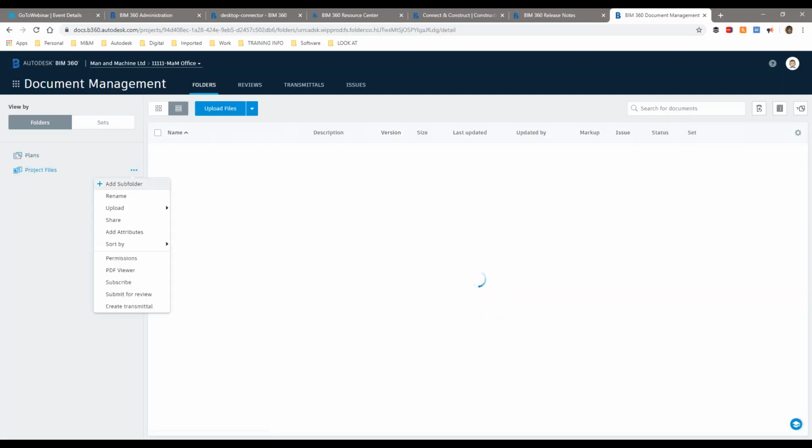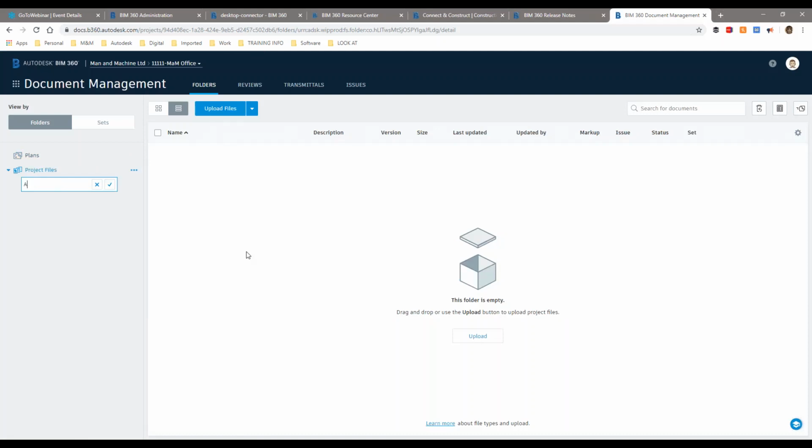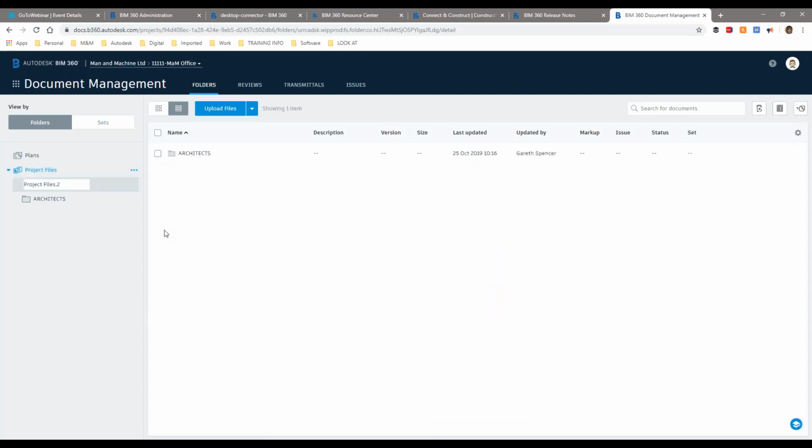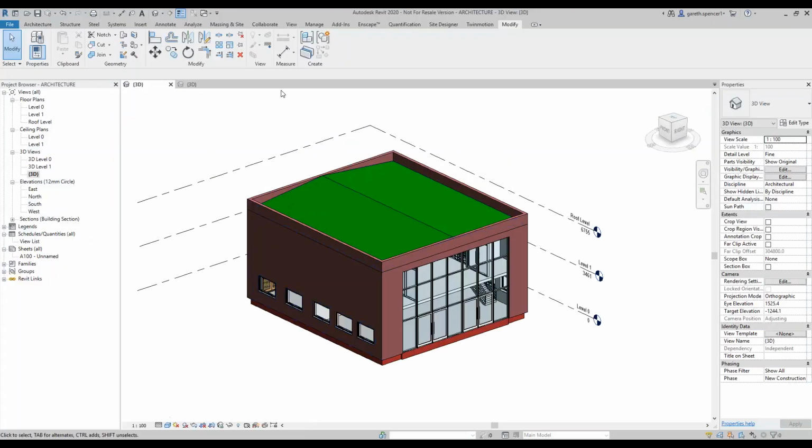So I go in here, I'm going to add a subfolder, and I'm going to call this Architects. Okay, and I'm going to set another one up, and I'm going to call it Structures. Okay, so you'll see here there's just two folders. Okay, so what I'm going to do, just to get the ball rolling, I'm going to go into here, and